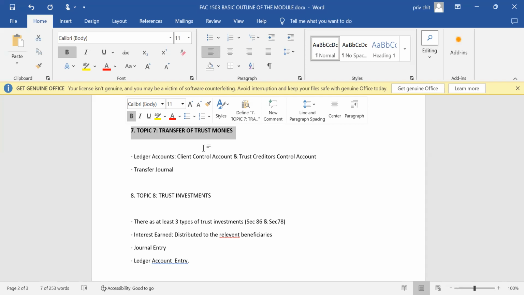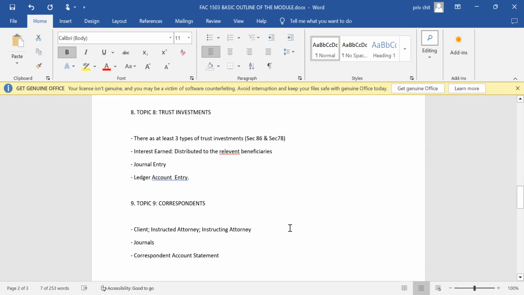Or you can even pay directly from the business account, maybe paying the sheriff fees and any other related expense that might be associated with the case of a client. So you might pay directly from your business account and not necessarily from the trust account per se. When that happens, there will be a need for us to effect certain transfers of trust funds to the business account, where you now reimburse yourself for the expenses that you had paid on behalf of the client. Those are some of the dynamics which we'll be dealing with when we get to topic number 7.